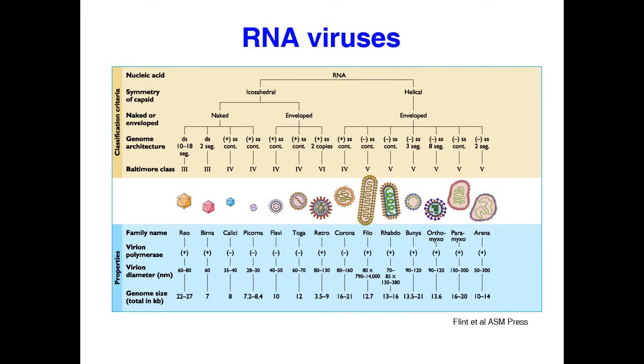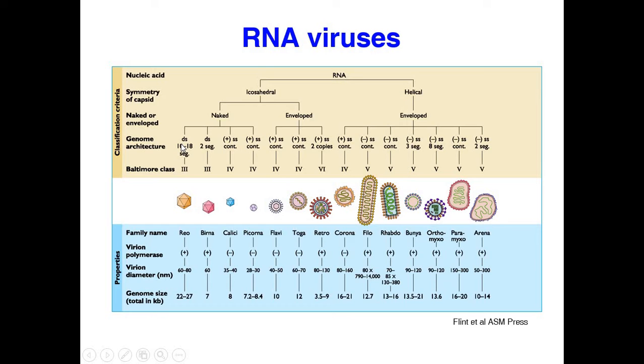In this depiction, you can see the different classifications. RNA viruses can be classified as either helical or icosahedral. Helical having only enveloped viruses, as you can see in this depiction, and icosahedral having enveloped as well as non-enveloped viruses. Further they are classified into